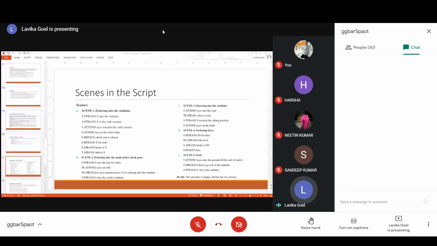Right. So his A trans is basically giving. It can also mean, it depends upon the source and recipient of A trans action. So A trans is a primitive action which can also mean giving or taking. It depends upon the source and recipient. So here the source is spectator. Sorry, the source is spectator and the recipient is ticket checker. So that means he is giving. And the next line, ticket checker is giving because ticket checker is the source.